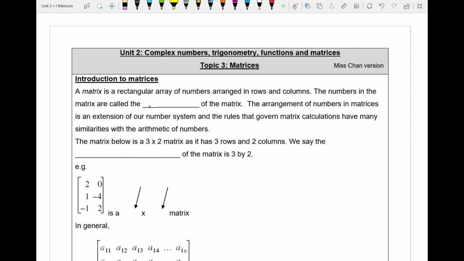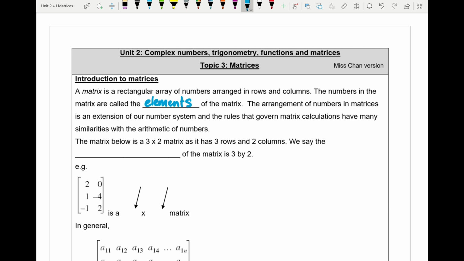Let's change over to blue. The elements of the matrix. The arrangement of numbers in matrices is an extension of our number system, and the rules that govern matrix calculations have many similarities with the arithmetic of numbers, and we'll be looking a little bit closer at that later. So the matrix below, 2, 0, 1, -4, -1, and 2, is a 3x2 matrix as it has